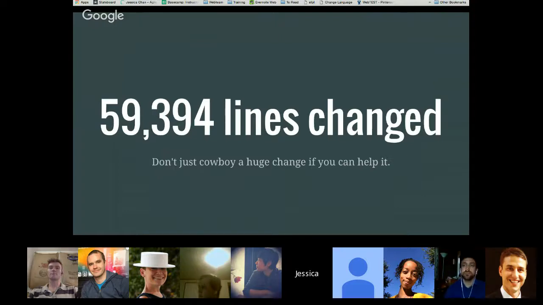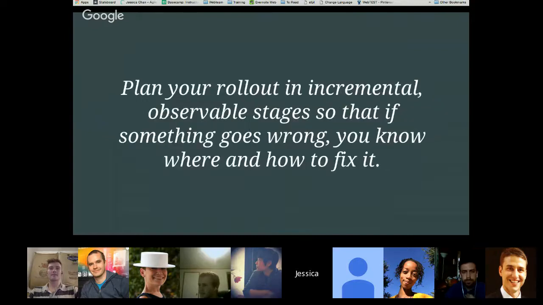So a big refactor had to happen so that Node and the browser could call the same code. And I had to land that without experimenting, because the change was so big. So if you can help it, don't do that. But if you can't help it, here's my takeaway from that.